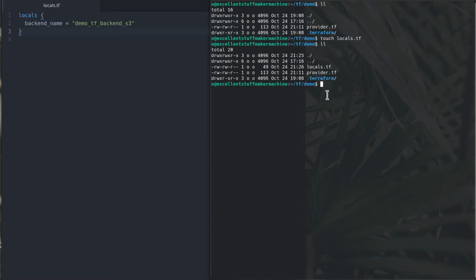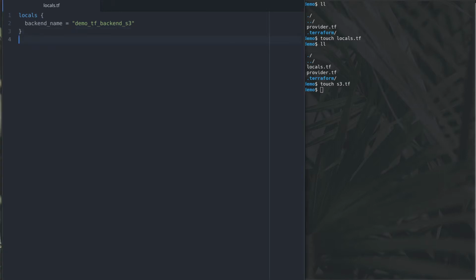Okay, cool. We look in our Terraform folder. We've got 2 Terraform files now. That's tight. Now this on its own doesn't do anything, so let's do touch s3.tf. Cool. So now we have another file. Let me just drag it and drop it. So what are we going to do in this file? Well,